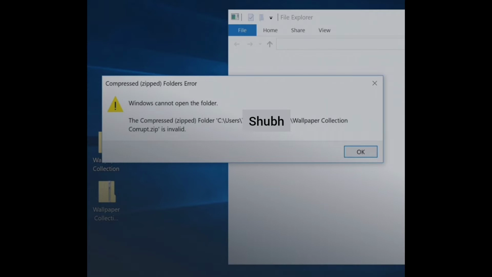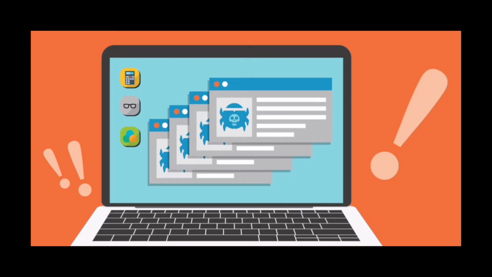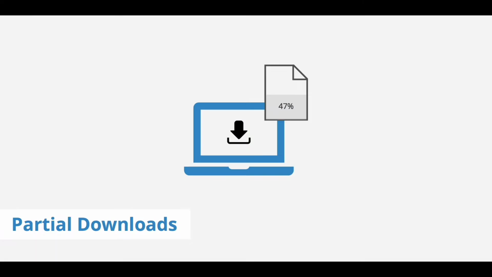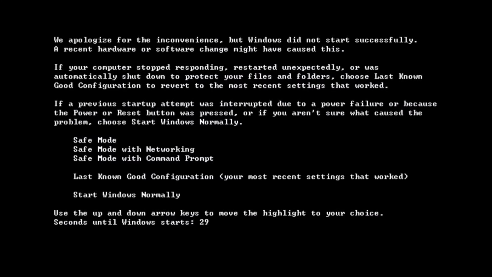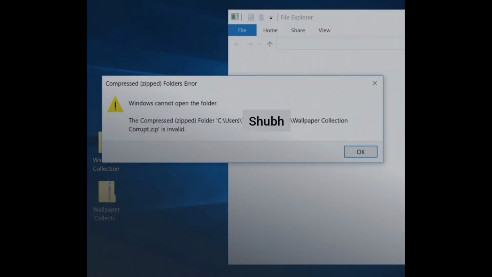Corrupt files can result from a variety of issues, including bad drive sectors, malware, and incomplete download or transfer, such as during a drop in your connection or any other sudden interruption, like a power failure or an improper shutdown. A corrupt zip file may open, but some of the original files might be missing, and attempting to open damaged files typically causes Windows to prompt the following error: the compressed folder is invalid.